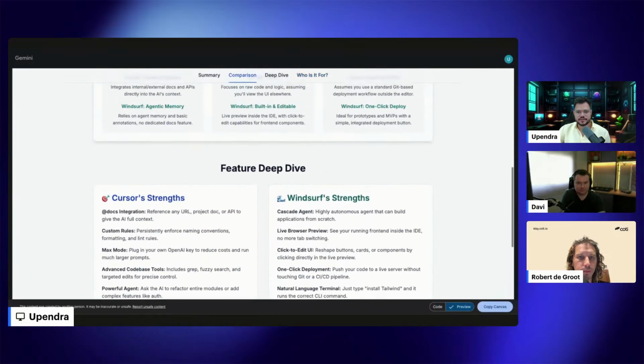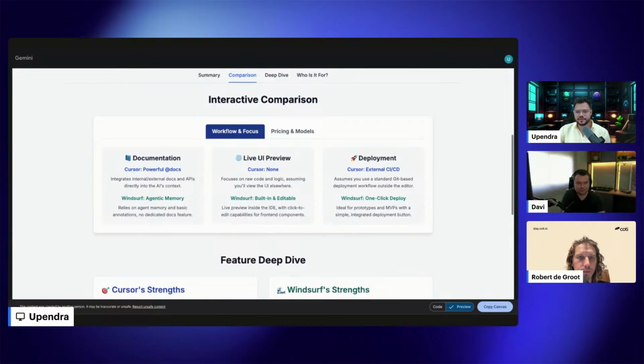So as you can see, these are the differences we were talking about, the live preview. As I said, how documentation is powerful for Cursor, then I go for the front end. I showed you how much time it took. But there is a feature, which is live preview. Cursor doesn't provide you the live preview. What does live preview mean? When Cursor builds your app, you cannot preview the components, the front end, directly on